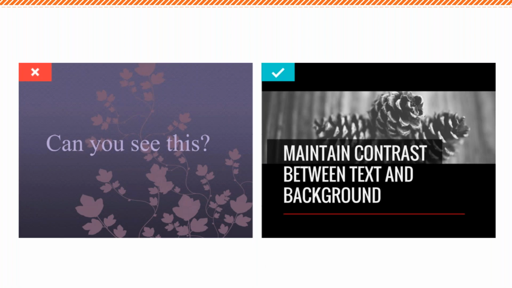Then make sure you maintain contrast with any text that you have on your slides. Use a dark background with light text or vice versa, just making sure that everything doesn't blend together, much like this slide here on the left-hand side, which most of us could probably see. But for example, my brother's colorblind, not 100%, but he would have a really hard time seeing that purple stacked on top of purple, stacked on top of purple. So you just want to keep that in mind.